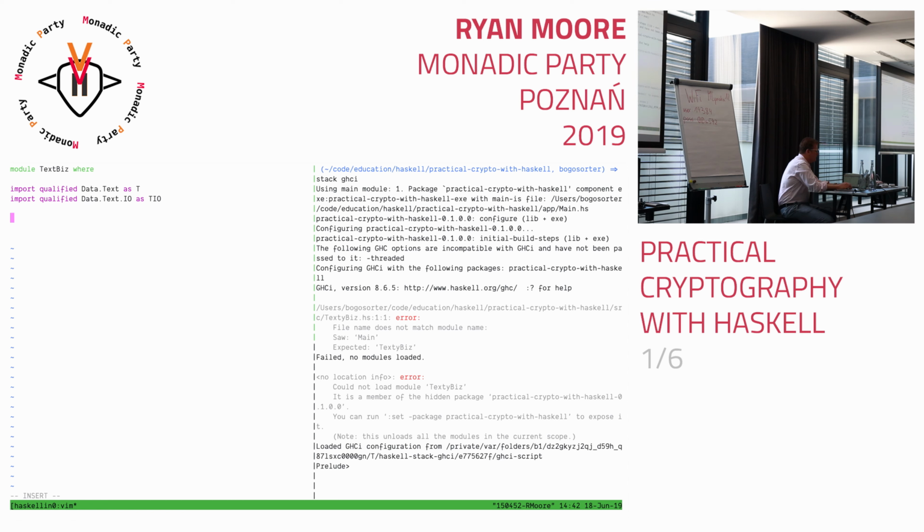OK, so in order to just use text, we're also going to use a language extension. This goes above the module declaration, and it starts like so: LANGUAGE, all caps, OverloadedStrings. What this is going to do for us is let us use raw inline strings as if they were text values. So I'm going to demonstrate how that works here. If we give ourselves a little helloWorld of type T.Text, and then say helloWorld equals "hello world",